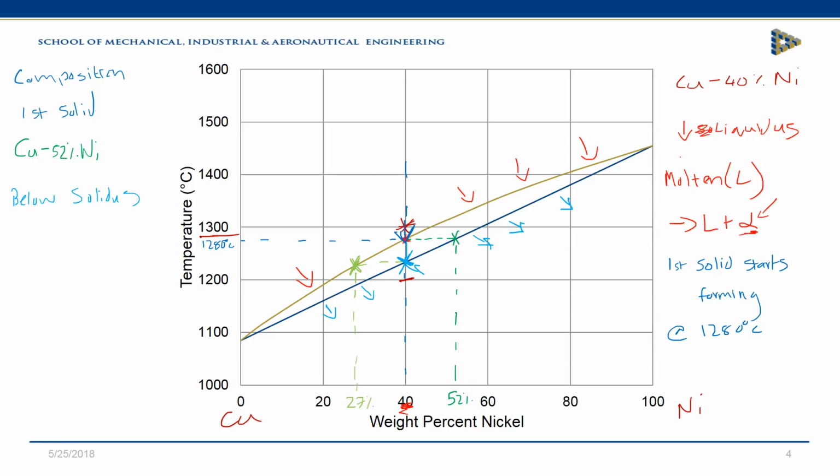So the composition of the last liquid to form is copper 27% nickel. And what temperature did that occur at? I'm going to carry on extrapolating my tie line and see where it crosses my temperature axis. And I'm going to say it's about 1230 degrees. So this is at a temperature